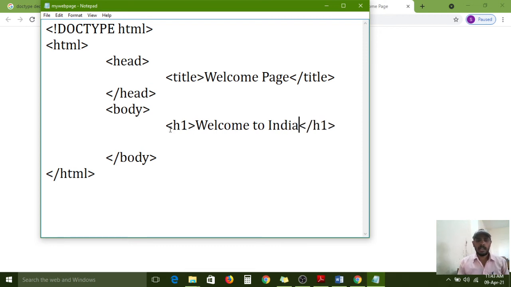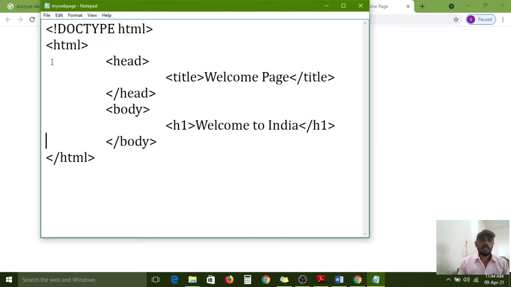I have typed some extra content, so again I want to save. Go to the file menu, choose the save option. If you change anything in your document, you compulsorily need to save again. This page is already open, and now I am refreshing it. So the text is showing like this.